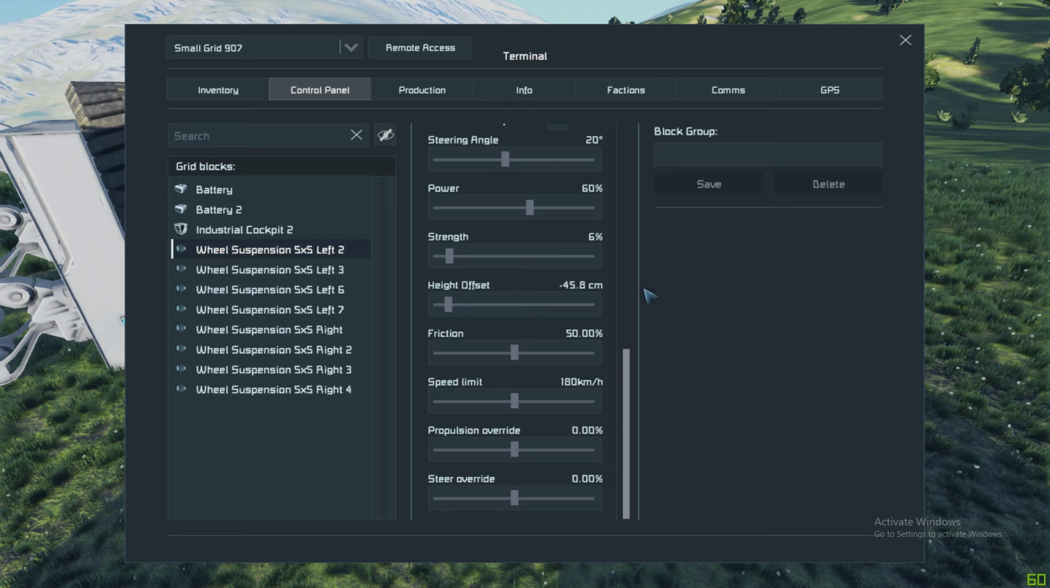Power. Right. This setting denotes how much power will push through the wheels. Now, you might think, let's just set this to 100%, right? That's got to be fine. Well, no. Actually, if you apply too much power to the wheels, they will lose traction and just spin in place, and your rover goes